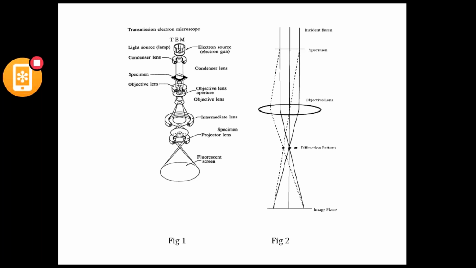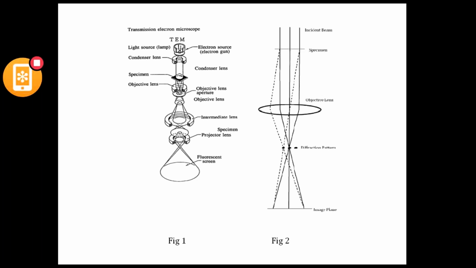In this slide, you can see two pictures, first figure and second figure. The first figure is the structure of a transmission electron microscope. What are all the components of a transmission electron microscope? From the top, you can see there is an electron source or electron gun, instead of a light source. There they have noted it as a light source, but there is no light source, it is only the electron source. Then you have got a condenser lens, which in a light microscope is a normal condenser lens, whereas in an electron microscope you have an electromagnetic condenser lens, electromagnet type.